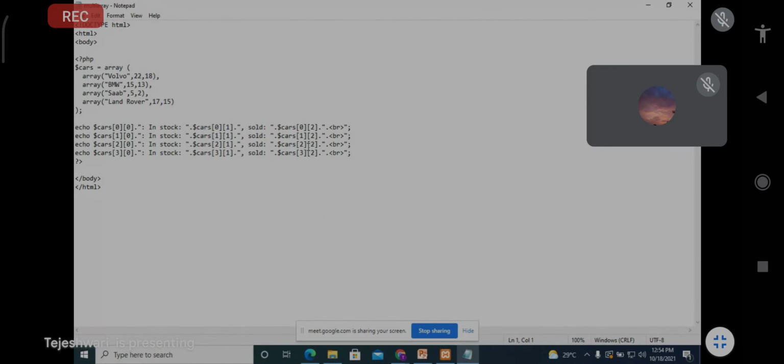The same example we have to show here. First we have to write down the HTML code, and in the body tag we have to write down your PHP code. Wait, I will zoom it.